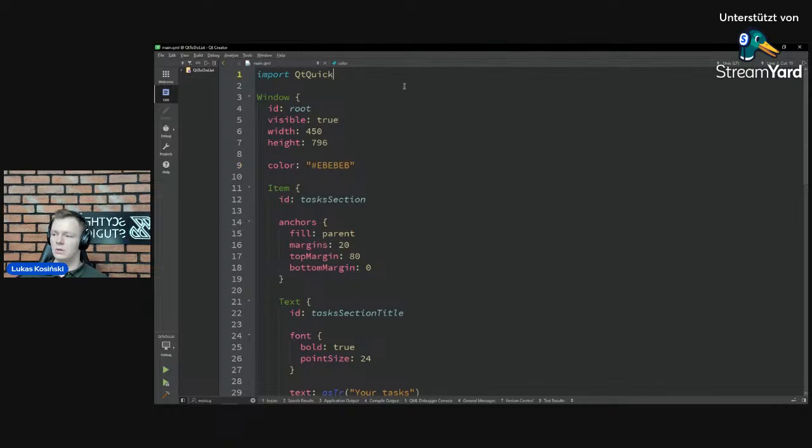We have imports. We have our items structured like in a tree. They are nested. It's a declarative language, so we rather explain what we want to get than code how we want to achieve this effect. There are some key concepts present in QML and in the Qt framework in general that I will talk about later.